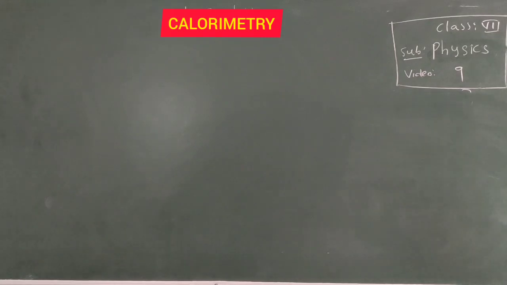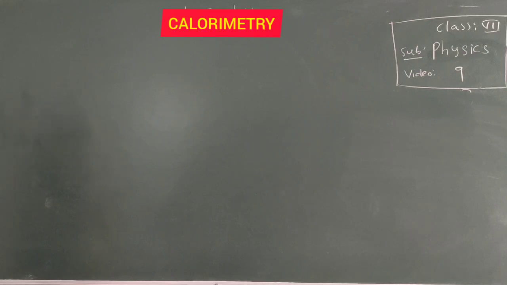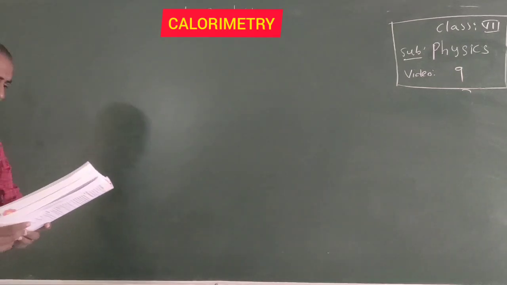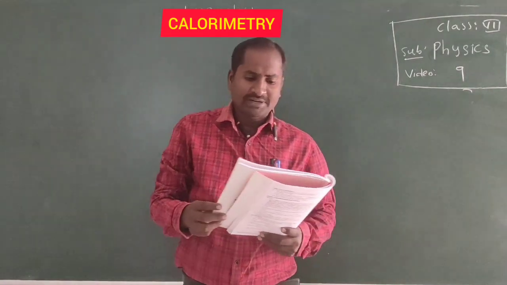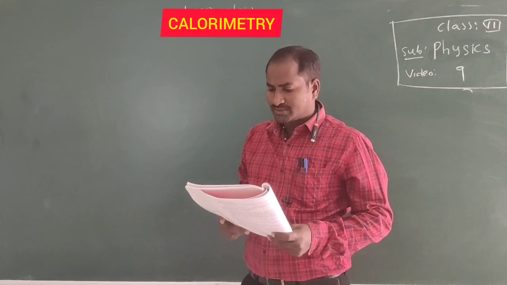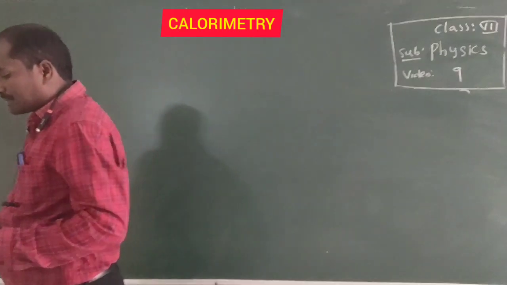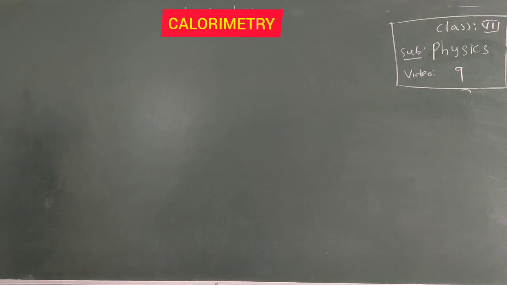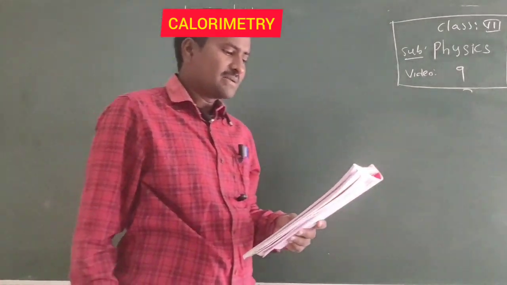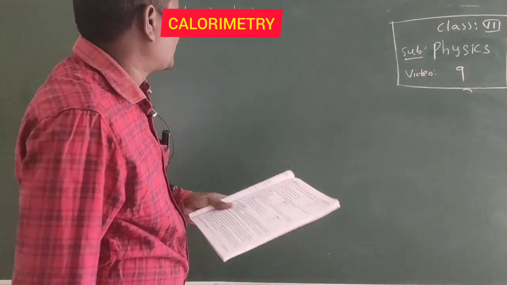Today, I will explain the worksheet based on the calorimeter. Here, three different liquids A, B, C are having same specific heat capacity with masses m, 2m and 3m, and have different temperatures 20 degrees Celsius, 40 degrees Celsius and 60 degrees Celsius respectively. If they are mixed, then find the resultant temperature.